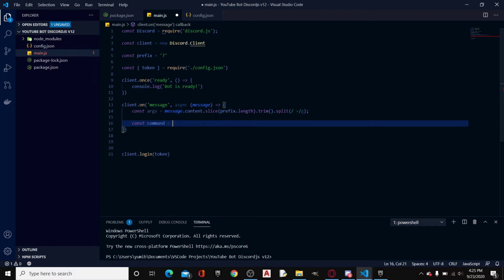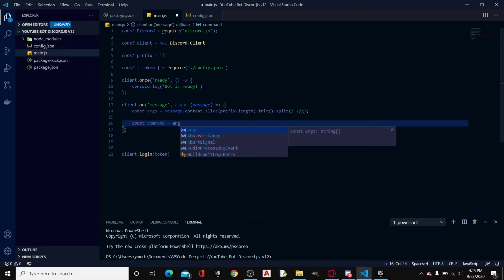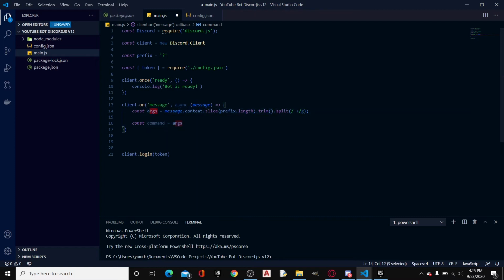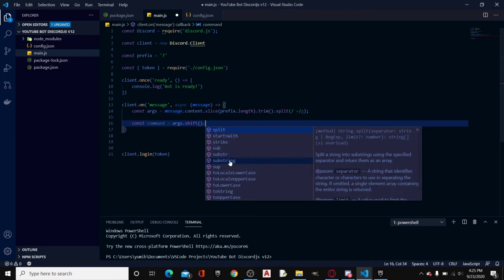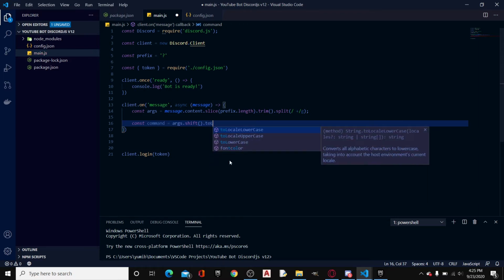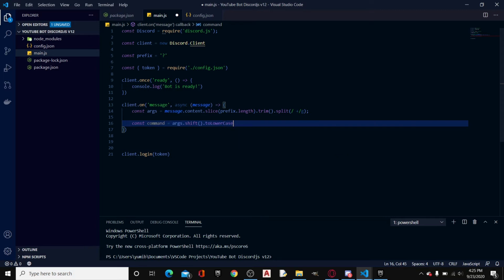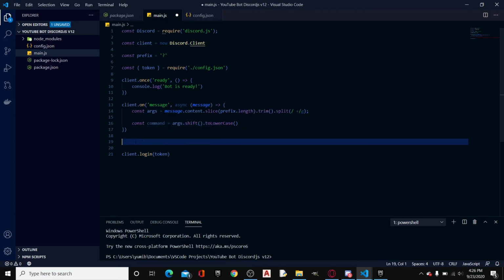So we got const command equals, we're going to type args, or whatever you named this one. Some people name it parts. I prefer args. Dot shift. And then what we're going to do is we're going to type dot toLowerCase. Boom. Now what this does is it converts everything, just like it said right here, converts all alphabetic characters in a string to lowercase. So essentially, if we do